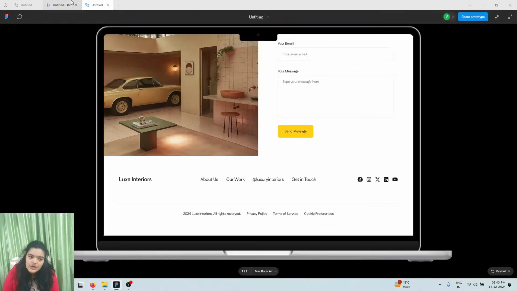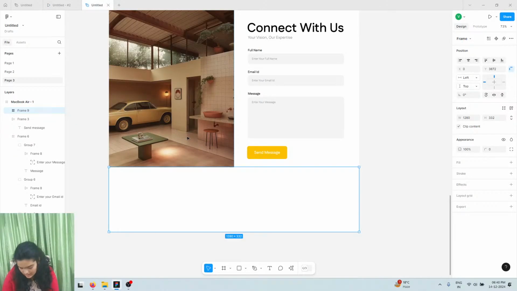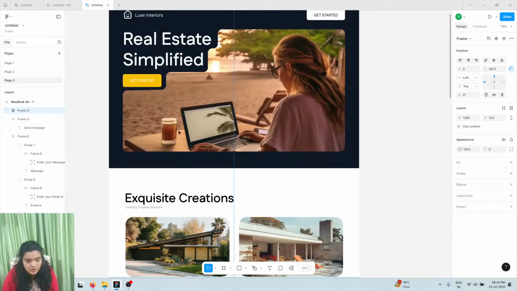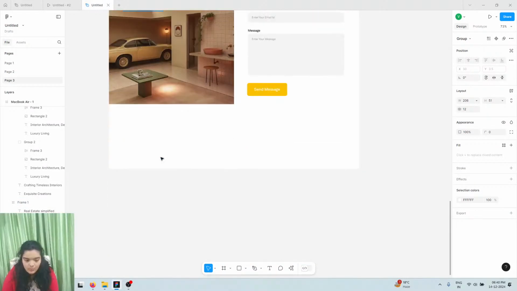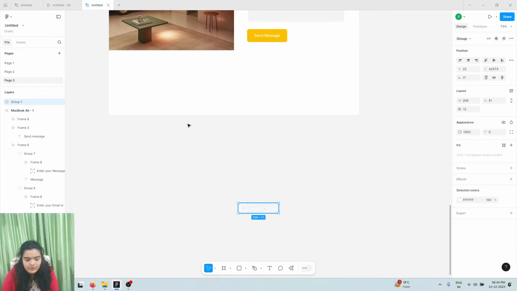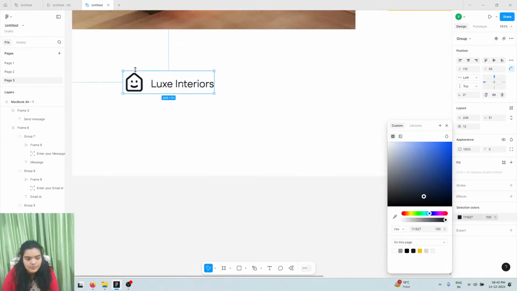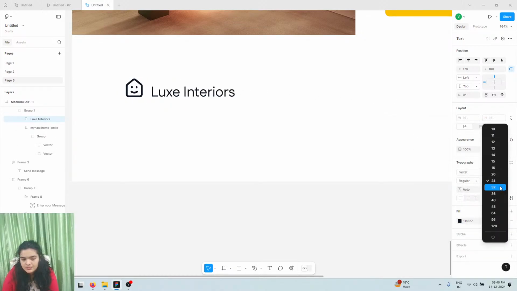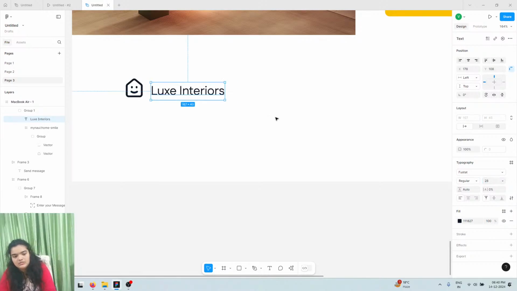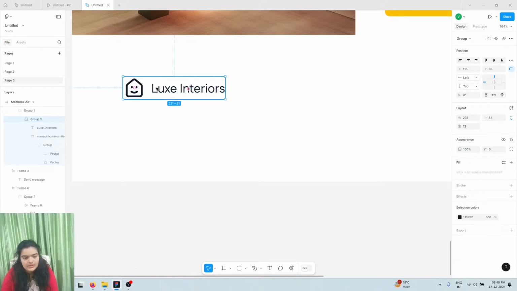So this footer is going to stay in the exact same color which we've been working with. We're going to get the title for ourselves and all of these links, and then the social media icons. Now the title is at the top, so we're going to go to the top, and this looks like a really nice site, and I'm going to get the logo with me as well, just because it would look nice. We're going to send this back up here, change the color to navy blue, change this to 28, group it together,